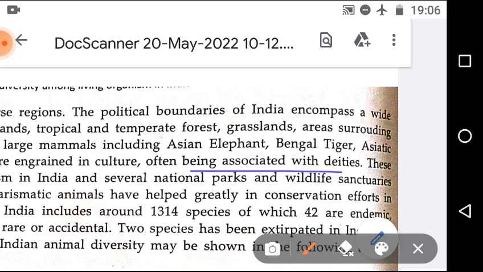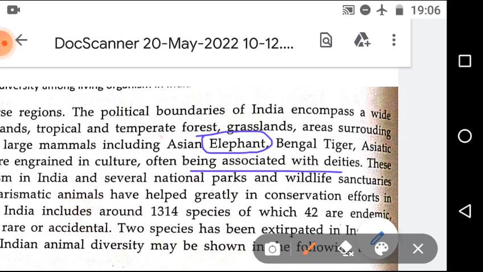Like we treat the animals as god, actually, as an incarnation of god, like the elephant. In Hinduism, we describe the elephant as the vehicle of Lord Indra,